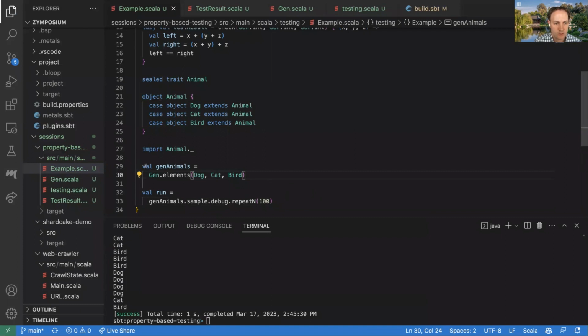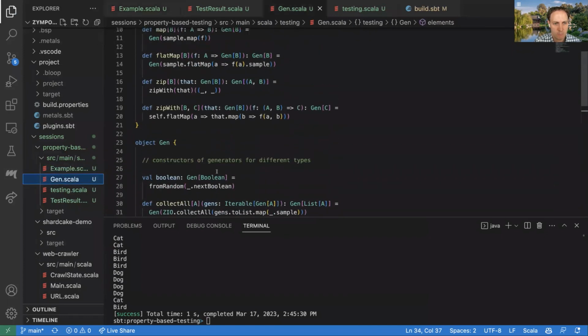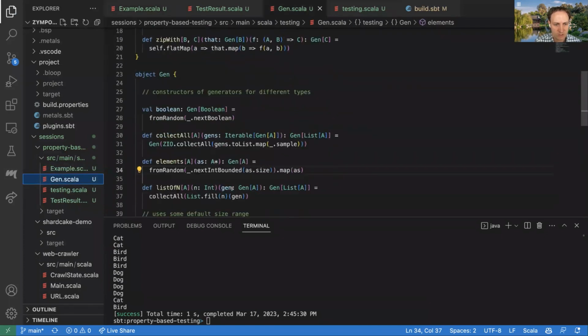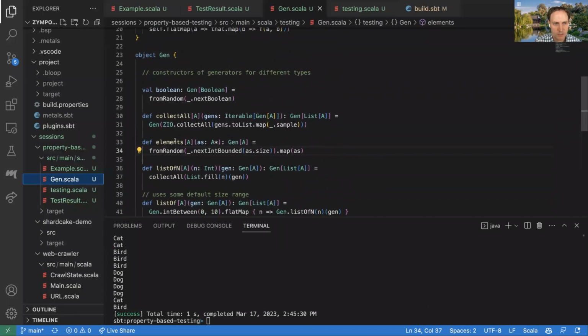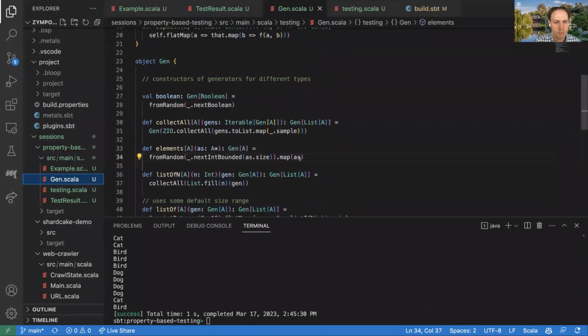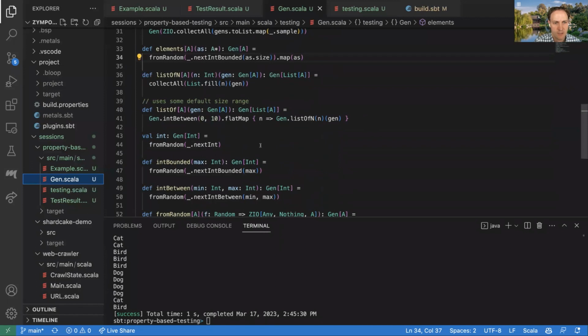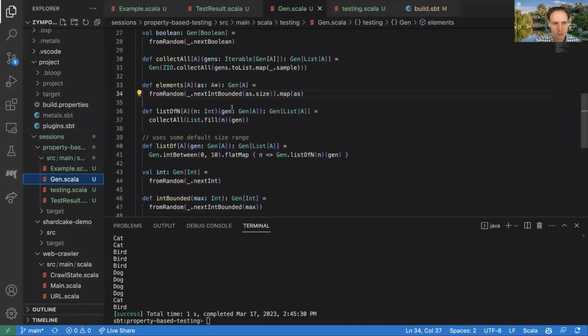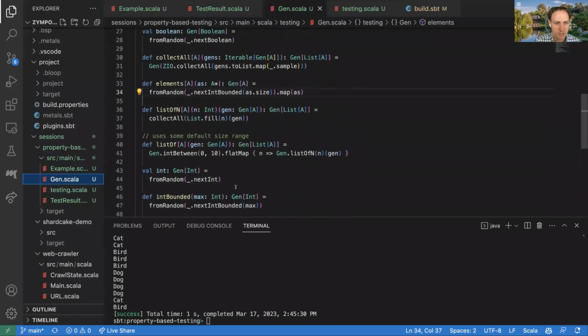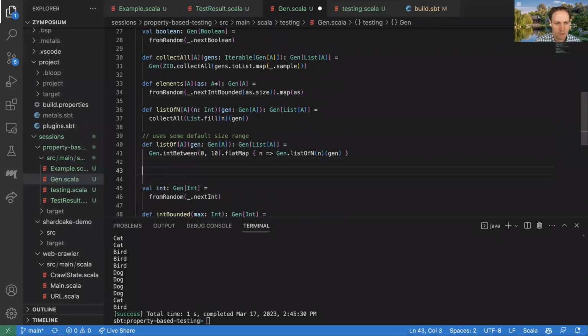And then we can start to use these to construct some other, more sophisticated generators. So let me do another one, just like we did this list of, which just does a list of arbitrary things. We can do a couple of others. So let me see if I can do one for